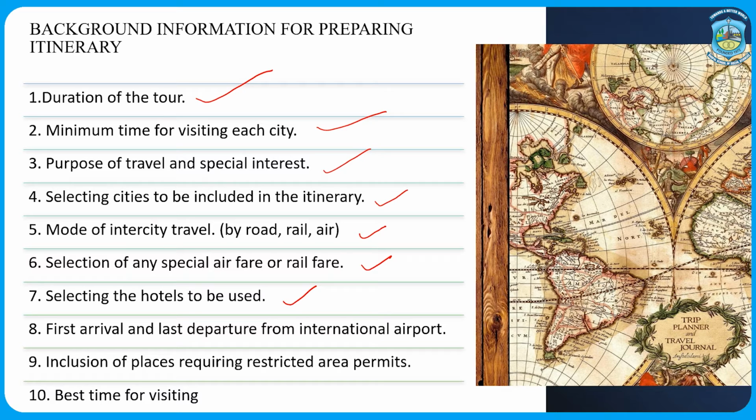Inclusive of places requiring restricted permits. This is also an important factor, like some of the wildlife sanctuaries or some of the archaeological sites which have been restricted have to be very carefully handled, and you have to take permission for visiting that particular site. They also restrict the number of tourists who can visit. So, what should be the minimum or maximum number of tourists that can visit a certain point or